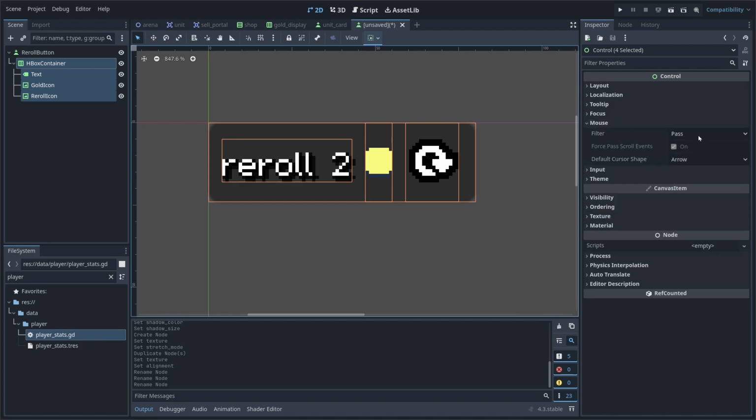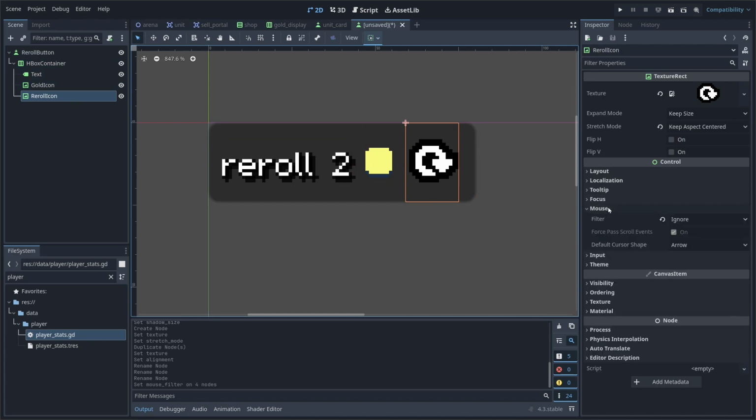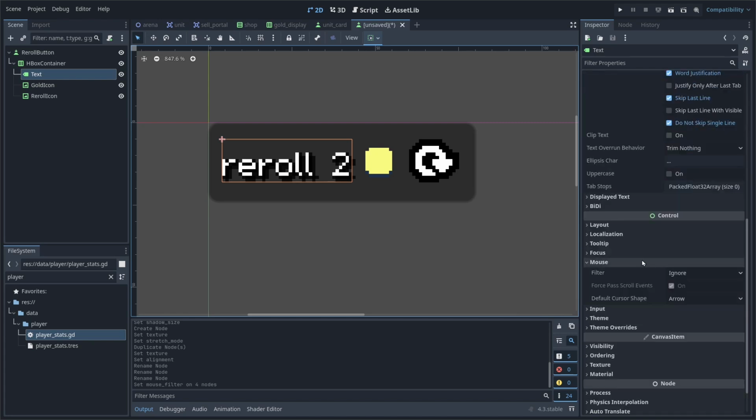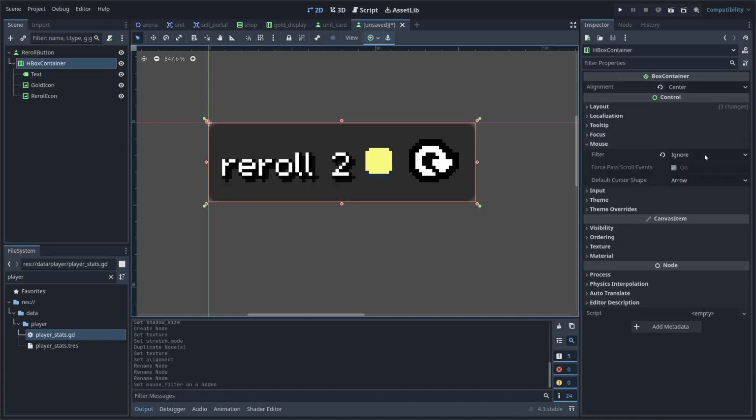So let's click on mouse and set it to ignore. And now if I select them one by one, you'll see that all of those will be set to ignore, even the label and the HBox container, right? So we can set this one time, but this default button doesn't really look nice because it uses the theme's button,